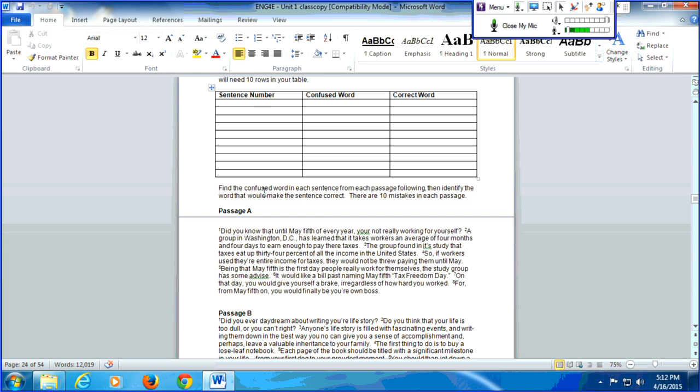The group found that in its study, taxes eat up 34% of all income in the United States. So if workers used their entire income for taxes, they would not be through paying until May. Being that May 5th is the first day